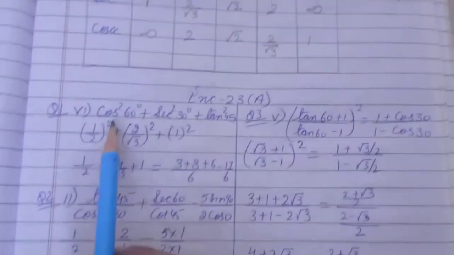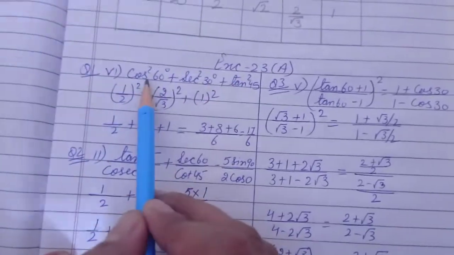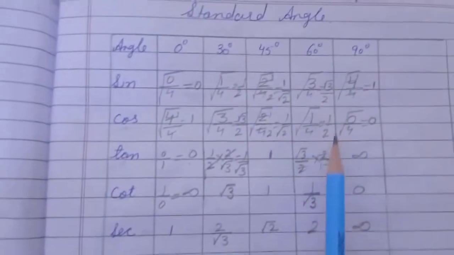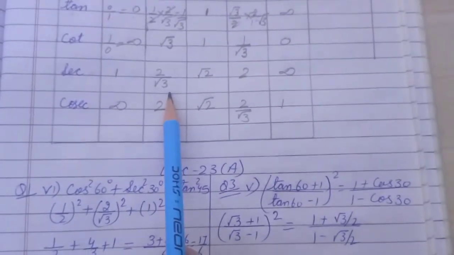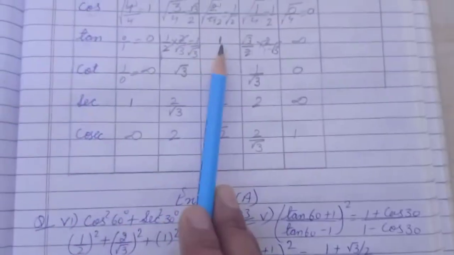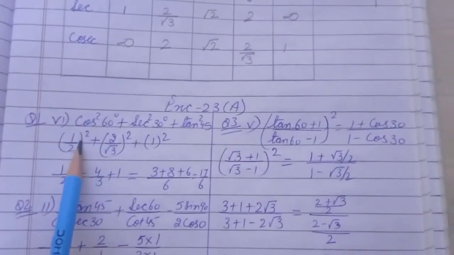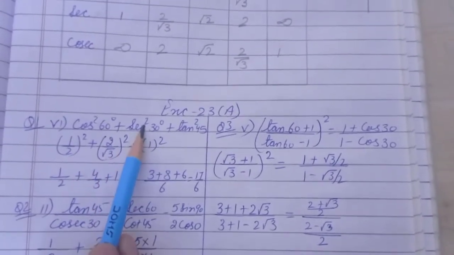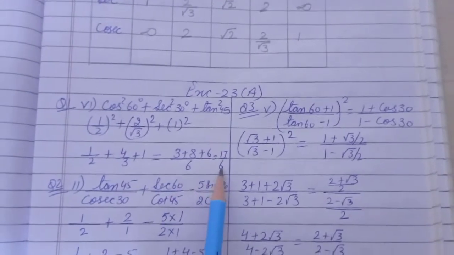Now let's solve the questions. This is the given question. You have to find the value of this expression. What is the value of cos 60? Children, cos 60 is 1 by 2. Next is secant 30. Secant 30 is 2 by root 3, and then tan 45 is 1. Look here, 1 by 2, square is given, so I'll write here square, plus this value 2 by root 3 square, because square is mentioned, tan 45 is 1 square. So this way you can solve.